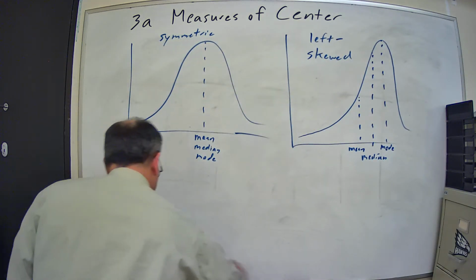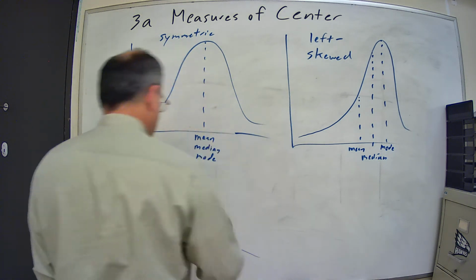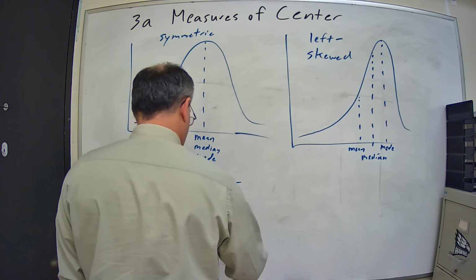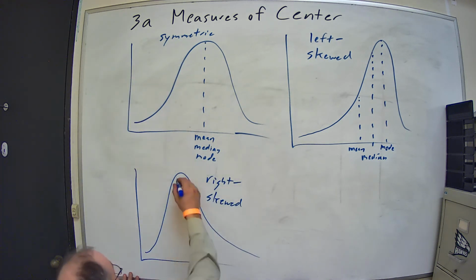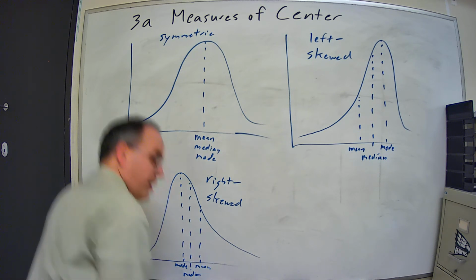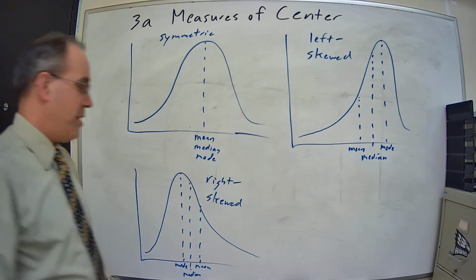Obviously, if we have a left skewed, we must have a right skewed, or skewed right, depending on how you want to say it. And it does the exact opposite of left skewed. The highest point, of course, is the mode, but then the median gets pulled a little to the right, and the mean gets pulled even further to the right. So we've got our mode, our median, and our mean. And then the final one